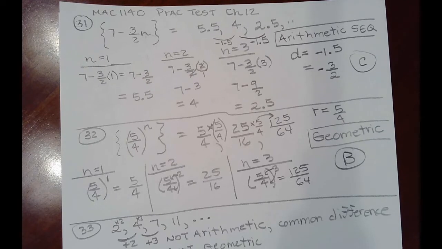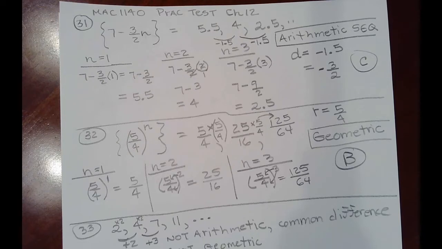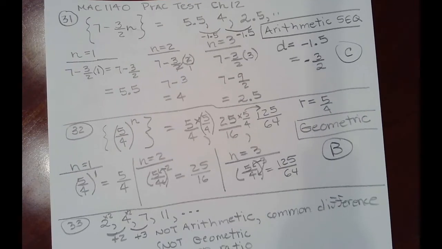In other words, you can find any term, the 4th term, the 8th term, the nth term, with this formula. The nth term of a geometric sequence, and that formula is the following. The nth term is the first term multiplied by the common ratio raised up to a power of n minus 1. Okay, so I'm going to get the nth term formula first and then use it to get the 5th